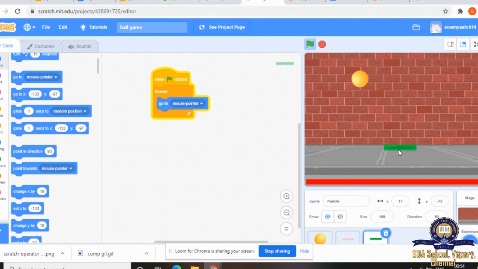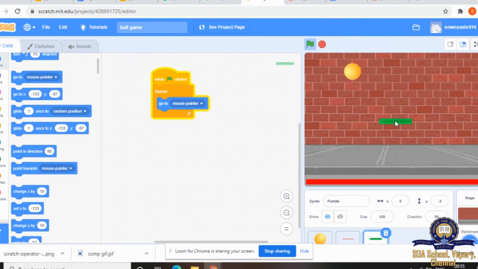So, you can create your own game. You can share it with your friends, relatives, and ask them to play the game. Not only this game, you can create so many games like a car racing game. All that you can create using this sprite. Very interesting, right? Even I am very interested to play this game.